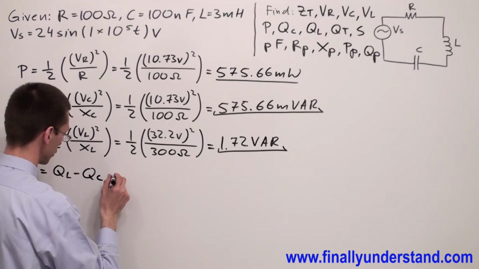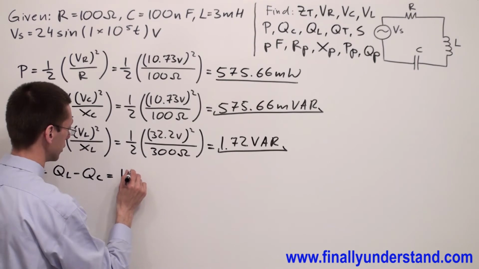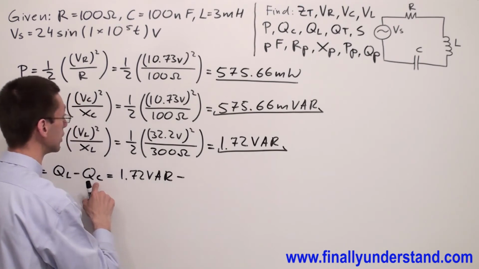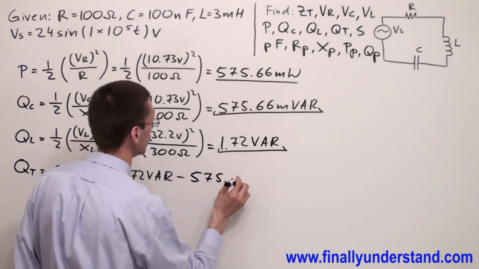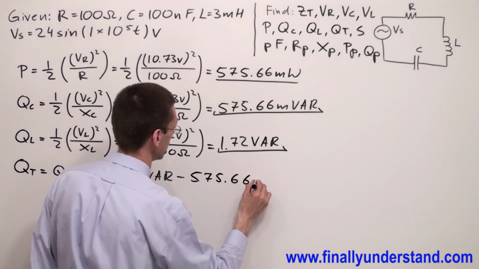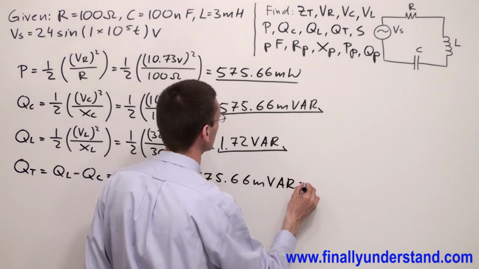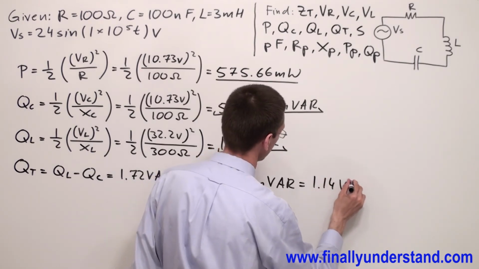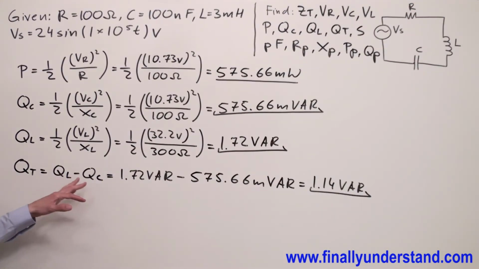Okay, so this is equal to QL, 1.72 volt ampere reactive, minus QC, which is equal to 575.66 millivolt ampere reactive, which is equal to 1.14 volt ampere reactive. Someone is going to ask why we subtract these two powers in order to find Q